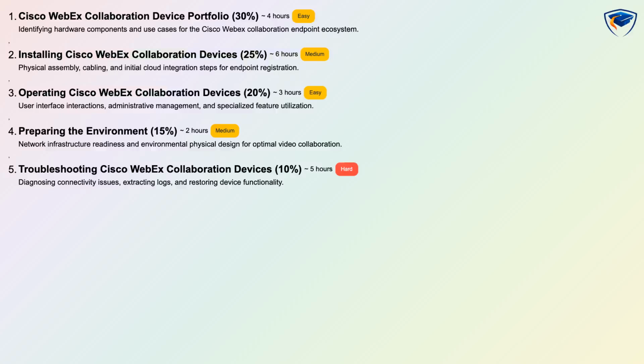Cisco WebEx Collaboration Device Portfolio is 30%. Installing Cisco WebEx Collaboration Devices is 25%. Operating Cisco WebEx Collaboration Devices is 20%. Preparing the environment is 15%. And troubleshooting Cisco WebEx Collaboration Devices is 10%. The recommended study time totals about 20 hours across domains, and the assessments include conceptual, scenario-based, and hands-on tasks to